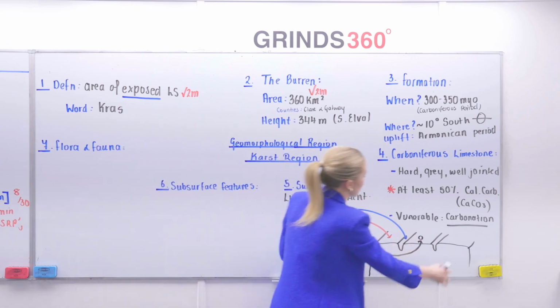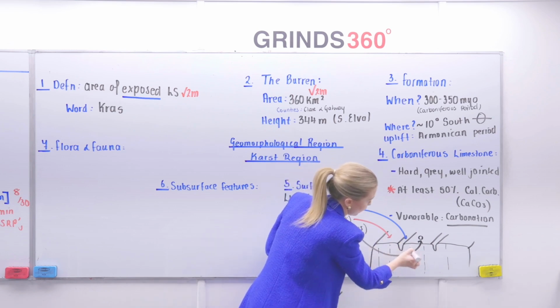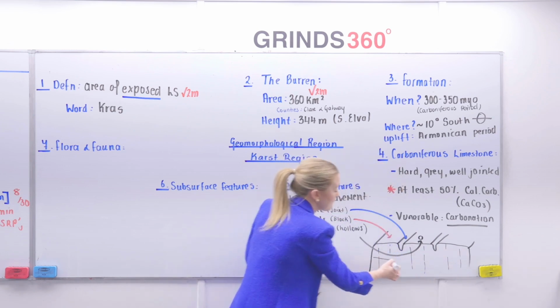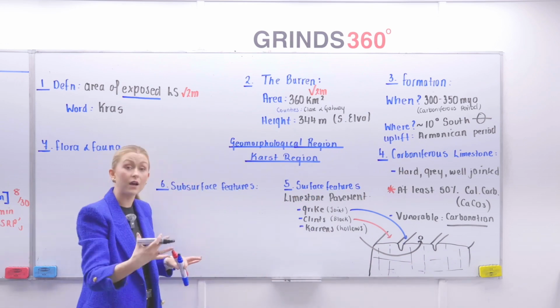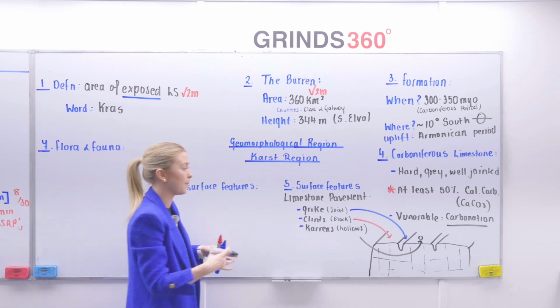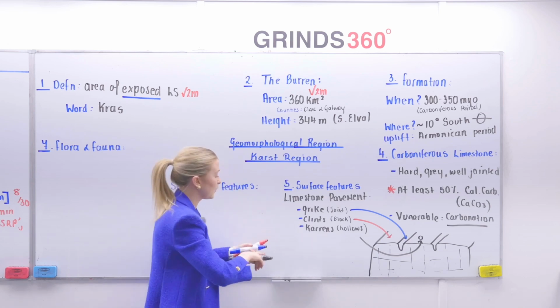When I speak about this being a well-jointed rock, joints are them vertical cracks. Again, they get wider and deeper to give my grikes. And my bedding planes, which we didn't mention there, are my horizontal. Think about when you lie down in bed, you're horizontal. Very, very popular part A to label that, okay? Now, we did say that